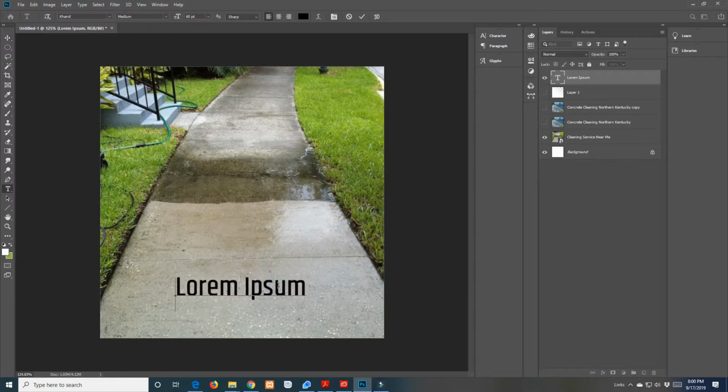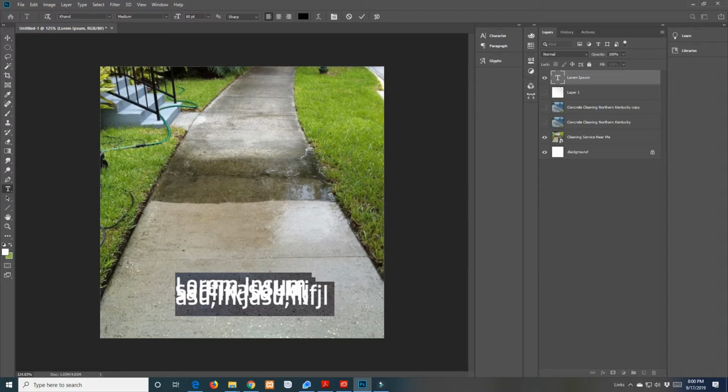Here's something that you'll definitely want to know: if I hit enter and type some more, enter, see what the heck is going on. You know what I mean? Like, this was freaking me out. I'm like, you gotta be kidding me. This is so stupid. So highlight it all, come up here to your character,